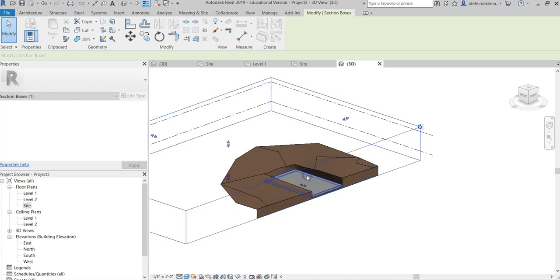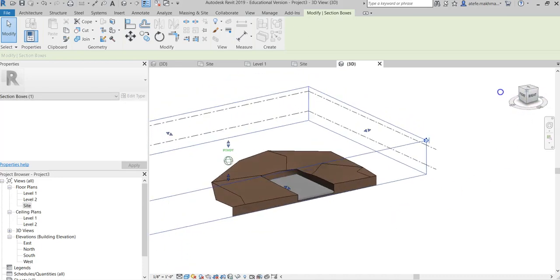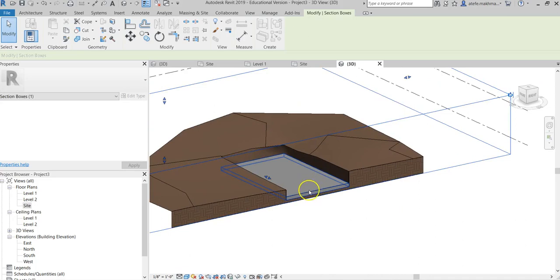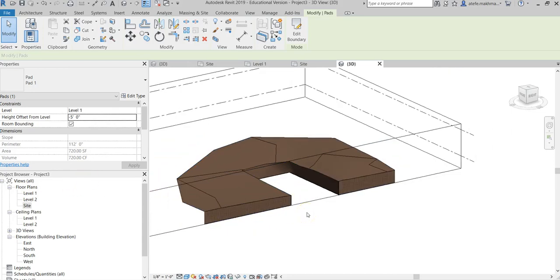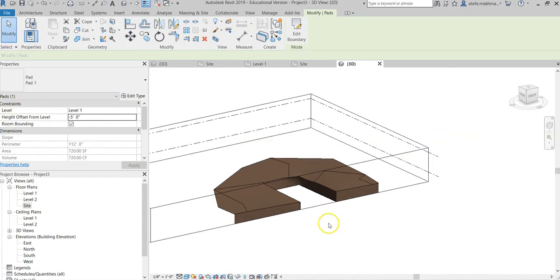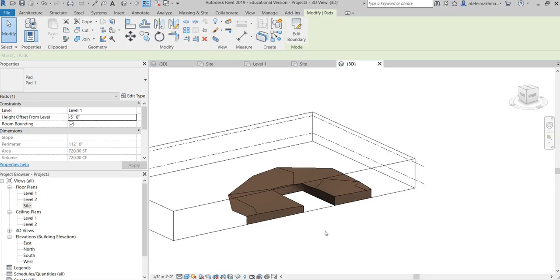If you go further, you can see the context of the building pad within the topo surface. You can change this again if you wanted. If you want the building pad to completely cut through the topo surface, you can change the height offset from level, or you can reduce that. So make sure you have a topo surface for all your projects. That's important because without that you cannot add landscape, and also that